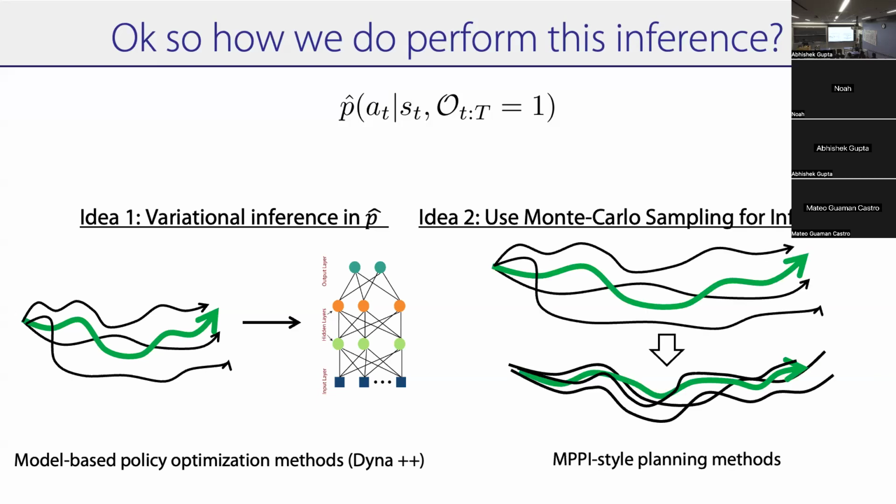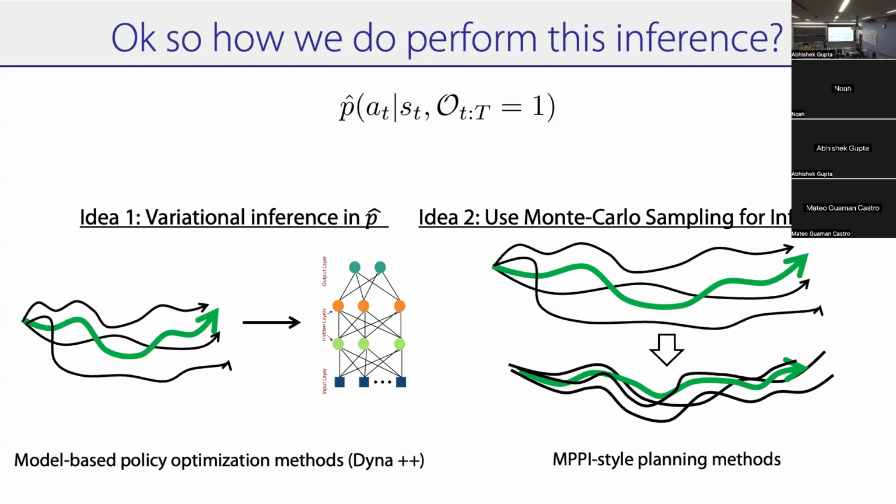Okay. And the second idea is to use Monte Carlo sampling. If you remember algorithms like MPPI and PETS, we're going to do sampling in the environment, and sampling is going to give us good actions. The first one is pretty straightforward. We just do the same thing we did in the last two steps, just replace p with p hat. That's it. The second one is a little more involved, so we'll go through that. So all I've done so far is I took p, I approximated p with p hat. So that was super awesome. Then I said, I want to do posterior inference with p hat. How do I do it?